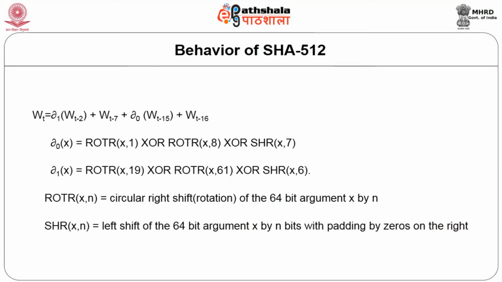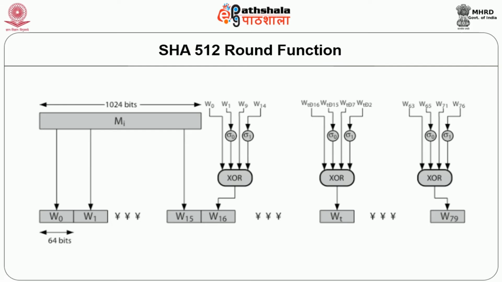Just to have a better idea of what I said, you can see from the figure the message is fed, and at the first round h(i-1) is fed. You can see we are using W0 in the first round. We denote the first round as round 0 and the last round as round 79. So accordingly we have started rounds. We want to go ahead with round 80, so we have started with round number 0 and end at round number 79,